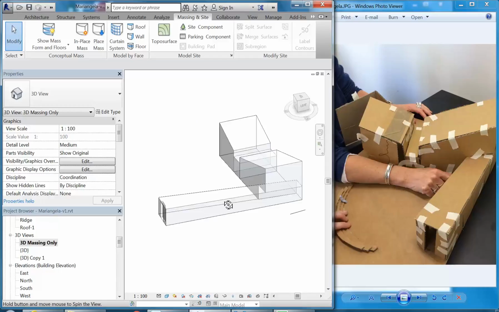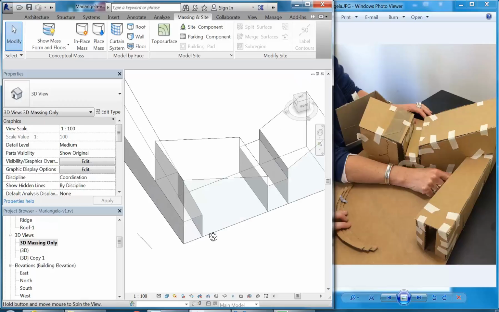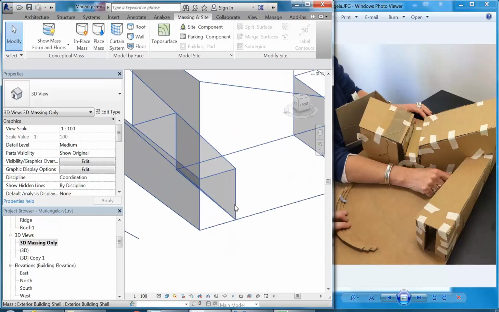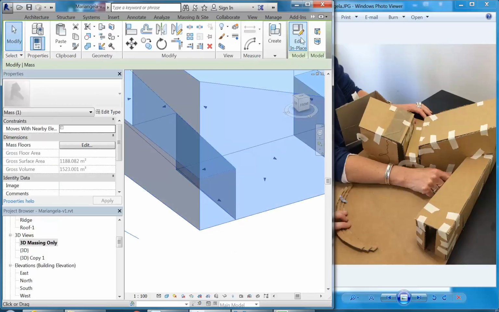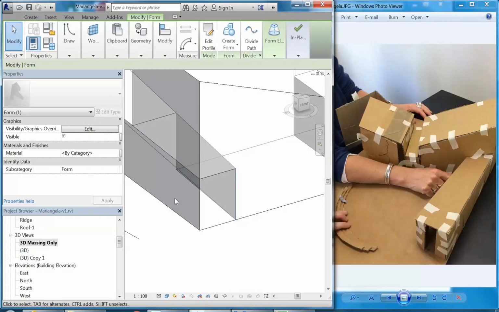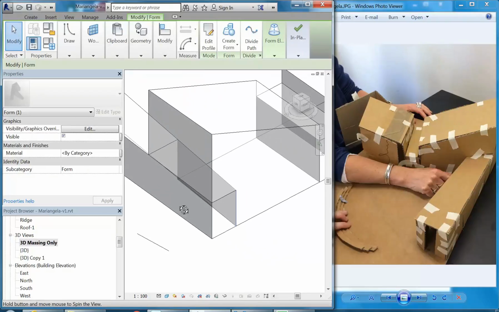There was something that we needed to change. Oh, yep, so here. Okay, so I want this edge here not to go all the way through. So I'm going to select this, edit in place, and I'm just going to bring that edge back. I want it to come through to the corner here. So what I'm going to do is find the edge there that's on the vertical and